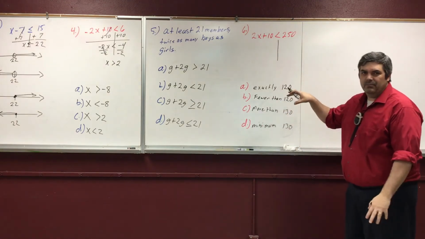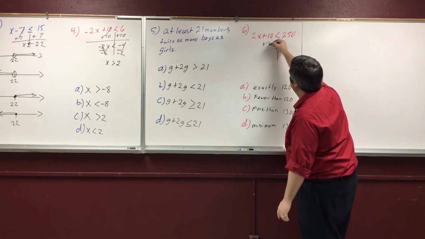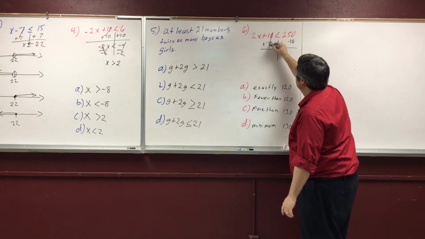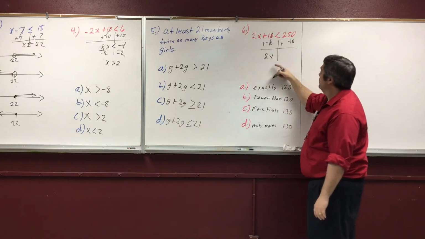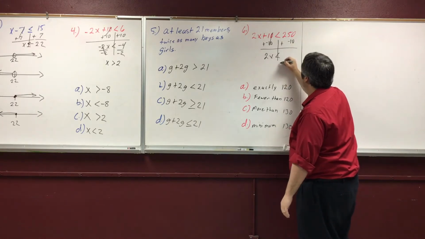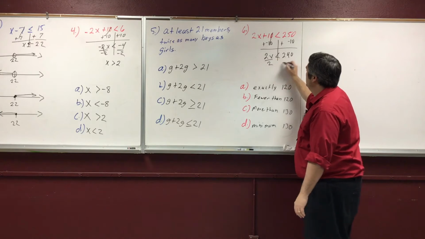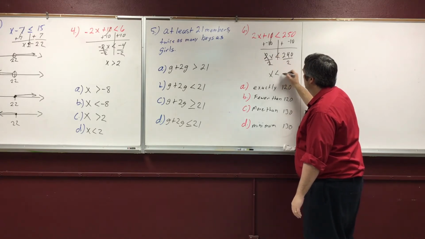I kind of get why we might have an issue here. Okay, so add the inverse. Add the inverse. This cancels out. Bring down what's left over. Bring down your inequality. 240. Divide by 2. Divide by 2. This cancels out. X less than